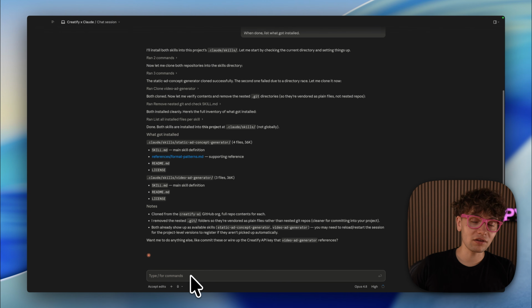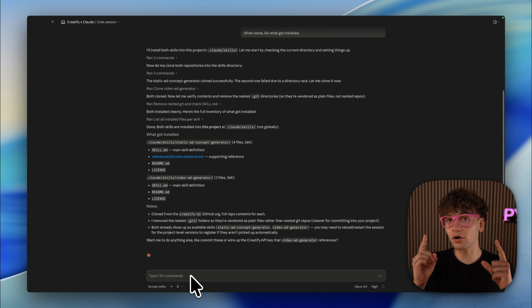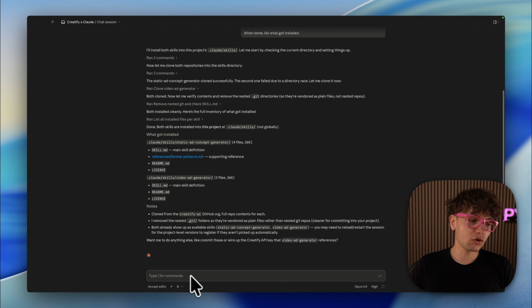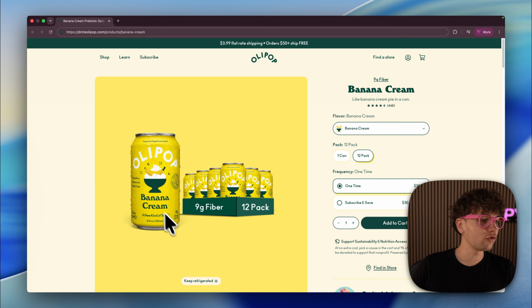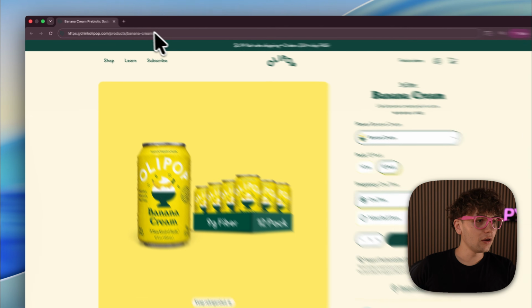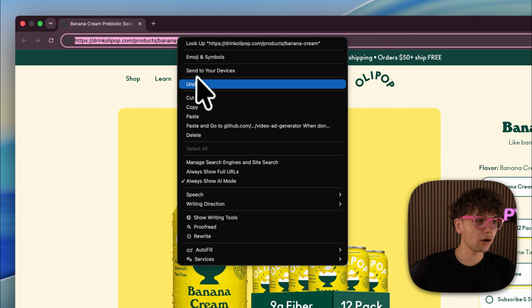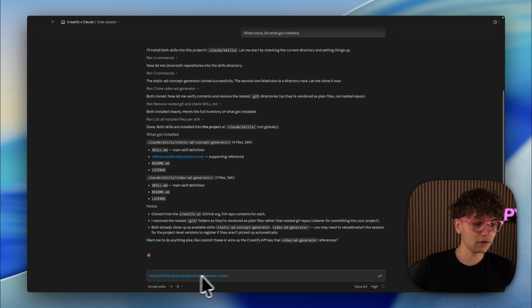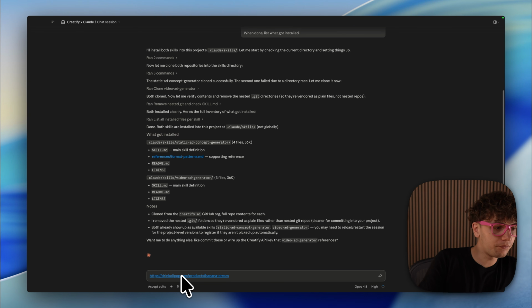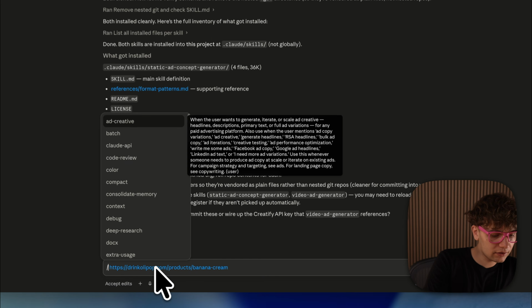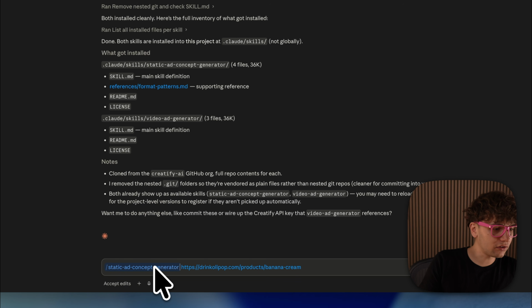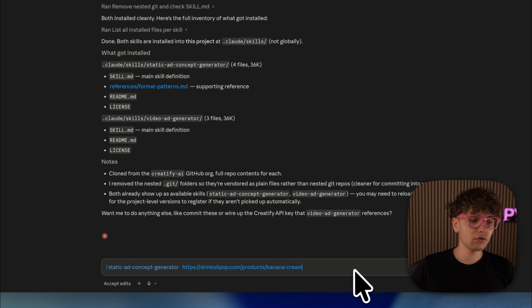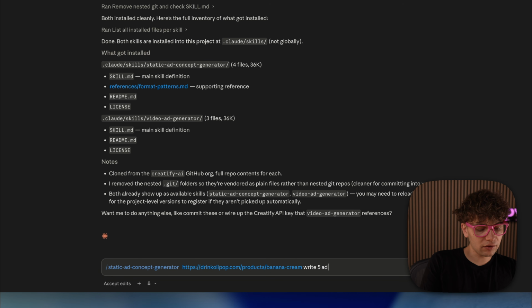And how this will work is all we're going to need is one product URL. And yeah, we're just going to choose a product now. In our case, I've chosen this Olipop banana cream. So what I'm going to do now is I'm going to take that product URL, copy that, put that inside of our Claude Code session right here. And in front of that, we're going to run, first of all, let's do the static ad concept generator skill. Then we have the product URL, and we're now going to tell it write 5 ad